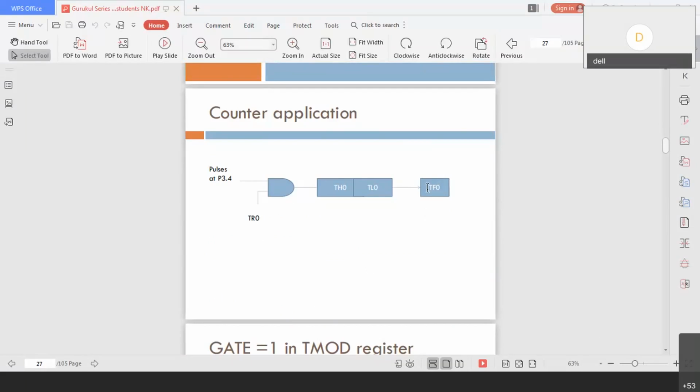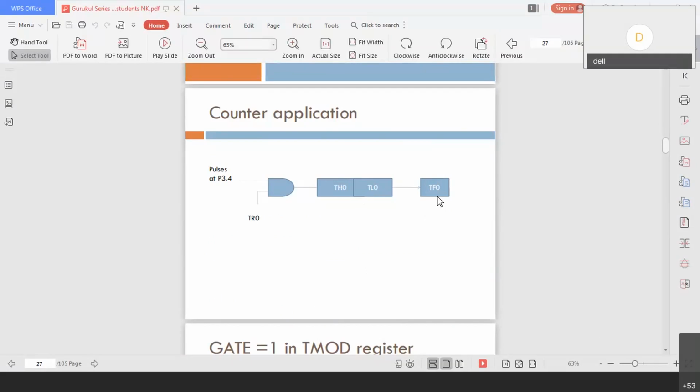Then once the count is finished, TF0 overflows. It is exactly the same way as our timer, but one major difference is we are waiting for external clock pulses. That means we are not using any internal clock pulses. Then how do we get these external clock pulses? If any external event happens.